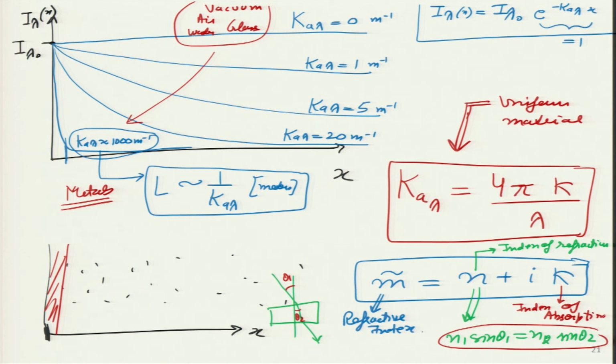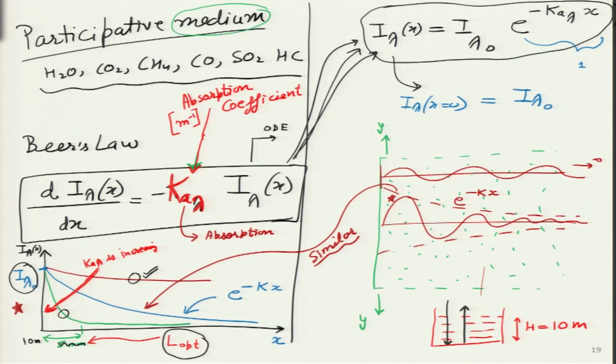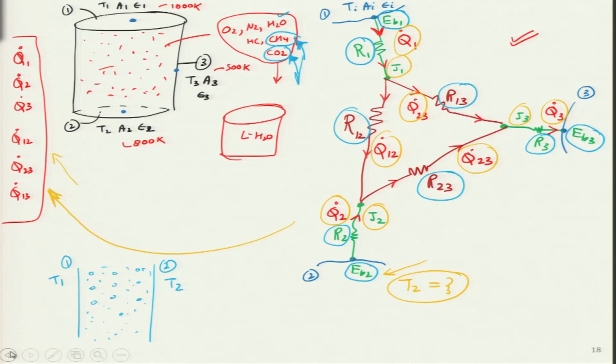So, I will make it in black color because this is the one, this is kappa, this is the Greek K, kappa, this is the one which influences the value of Kaλ, and Kaλ is the one which influences how much drop in intensity takes place as a function of distance. So, I just wanted to present an introduction to this topic because it is for advanced cases, but please remember that participating media becomes very important under certain conditions. Only in those conditions where it is not important, then we can assume that there is vacuum which is there between different surfaces, and we can solve the problem easily.